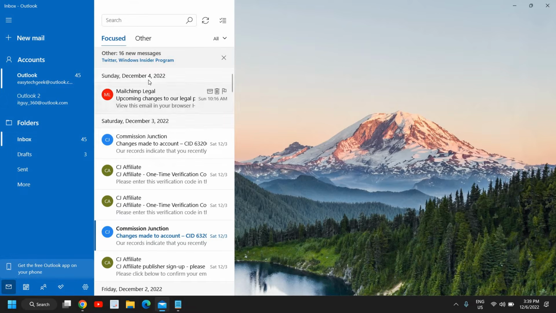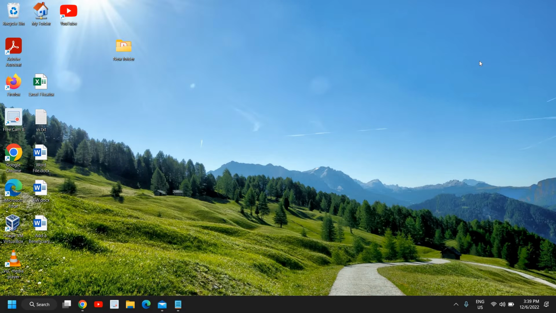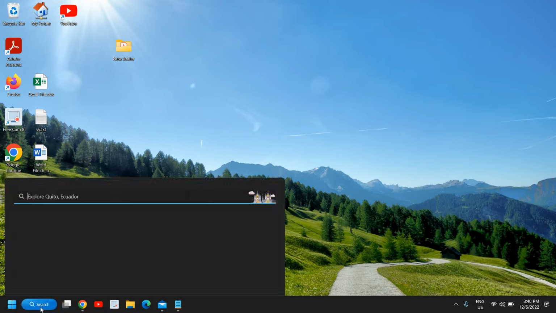The next is if your inbox is full. So I would recommend deleting a few emails, whichever are not required, and then you can check it out. You can also check your C drive space, because if your C drive doesn't have space, then it also creates issues. And the third most effective step is to click on the search icon and type